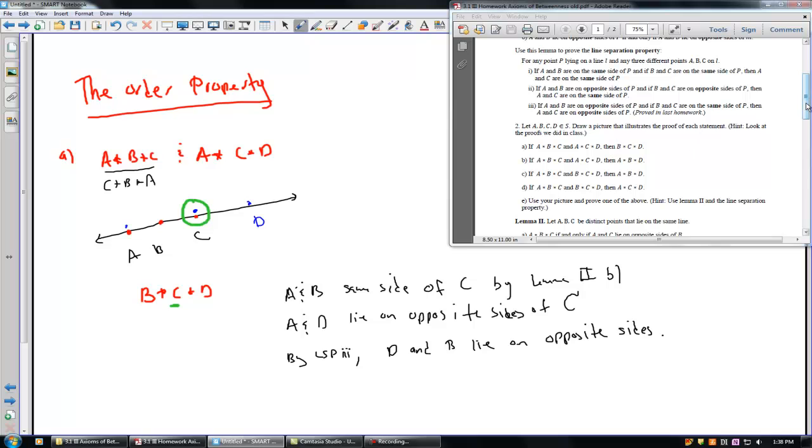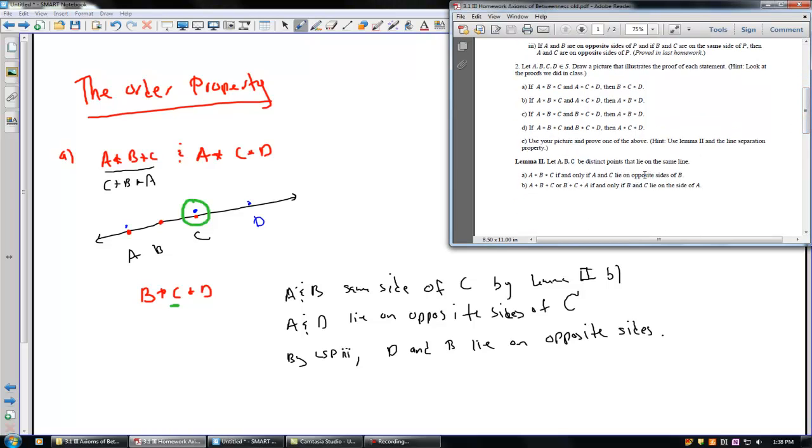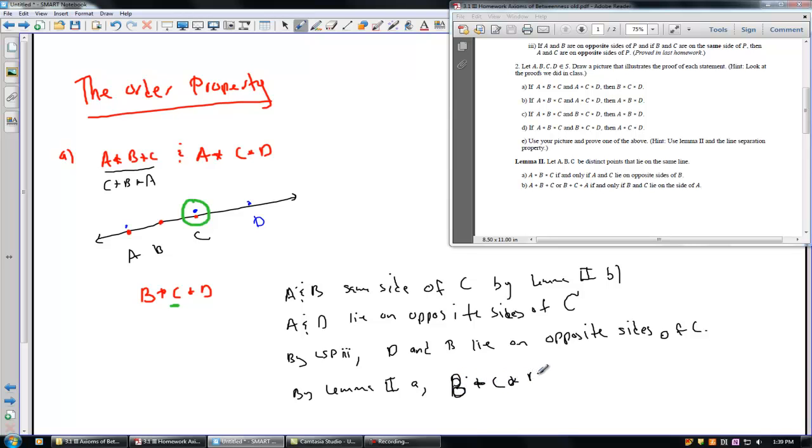Right, and then call back up lemma 2. If they lie on opposite sides, then I have to say, opposite sides of what? Opposite sides of C. So now I know that C is between D and B. So by lemma 2, part A, we know that we have, let's do B, so B star C star D. Right, that's the idea. If you want to write this up formally, which you can,